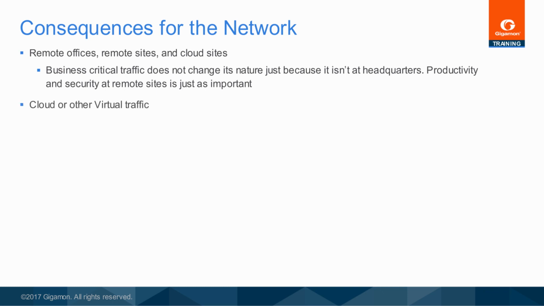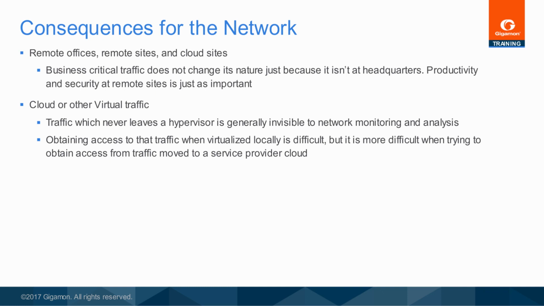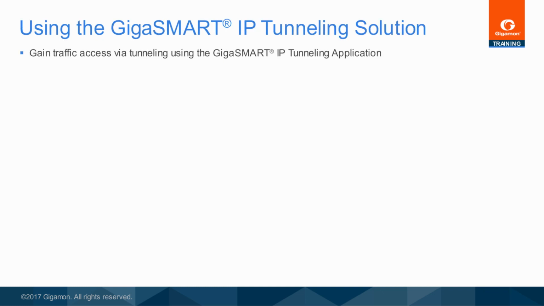When cost savings push application and other workload into the cloud, moving that traffic from physical links does not change the requirement for performance monitoring and security. What changes is the level of easy traffic access. Extracting traffic from server-to-server communications within a single hypervisor or gaining access to any traffic from within a service provider cloud is difficult. So what's the solution to traffic access challenges?